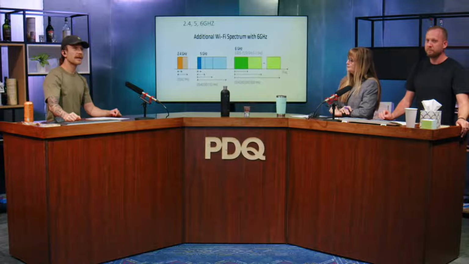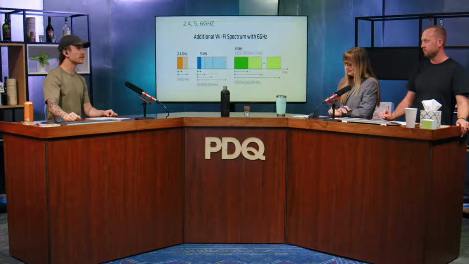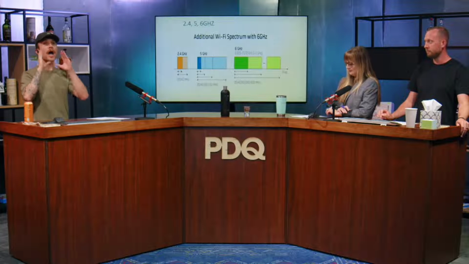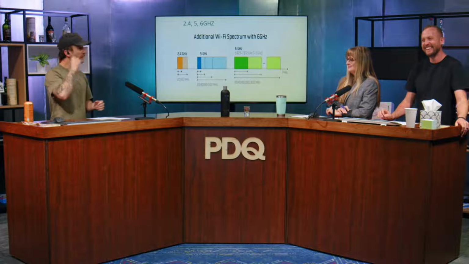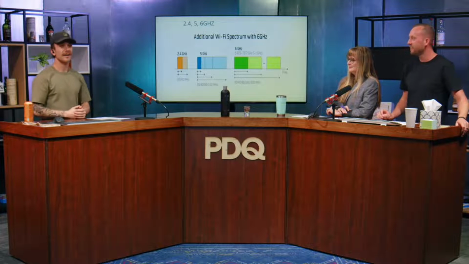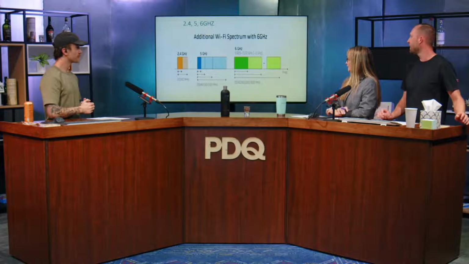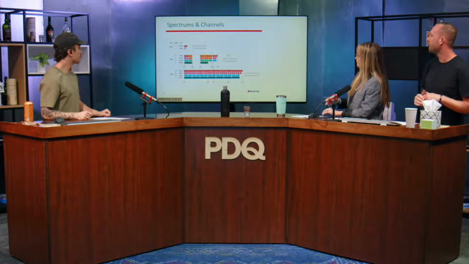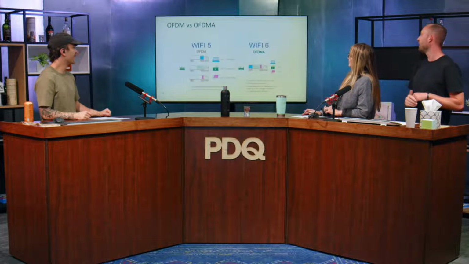So there's a dictionary of acronyms that they've introduced with 6. The whole point is to stop screaming. Wi-Fi 5 goes like this. Wi-Fi 6 now, to simplify, actually comes and talks to you, right? So Kelly has a little chart that shows that it's not simple, but one more, Kelly. There it is.